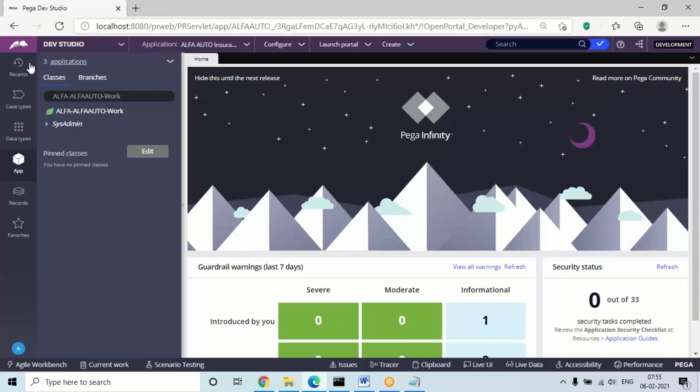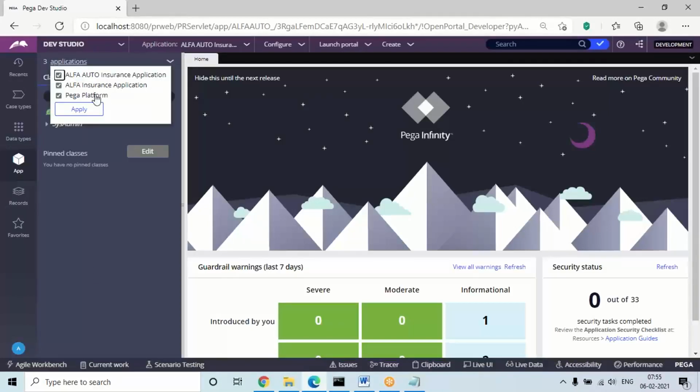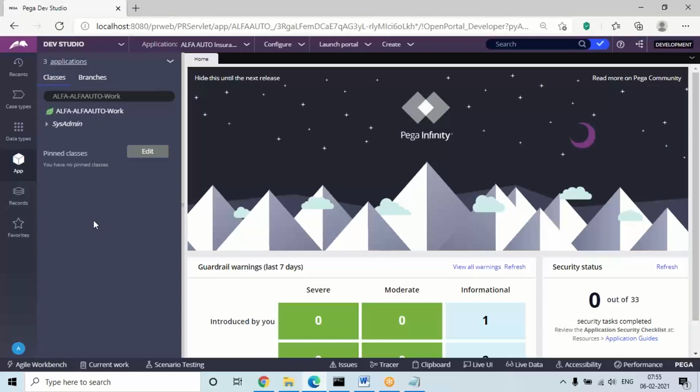Now anything we create will be generated in the App Explorer under the classes. You'll understand more about classes later. Here it will show three applications in total. The first one is the base layer. Under that we created the user defined framework, and under that we are going to design everything under the implementation application. This structure is automatically created in the backend. So base framework, under that the user defined framework, and under the user defined framework the implementation application. We are going to create everything under the implementation application. So that is about the application creation process.